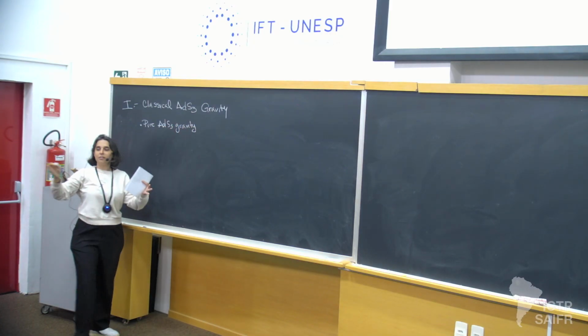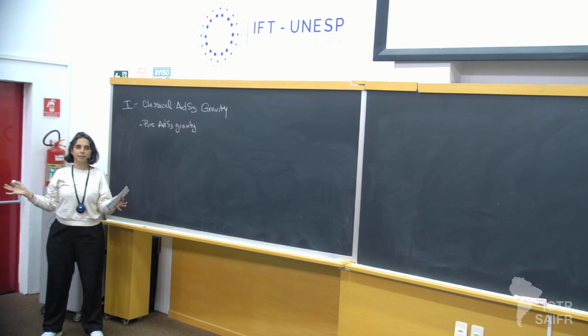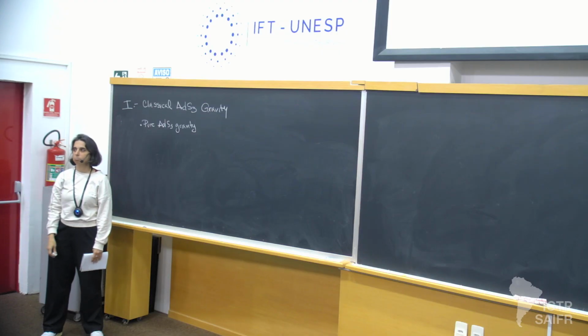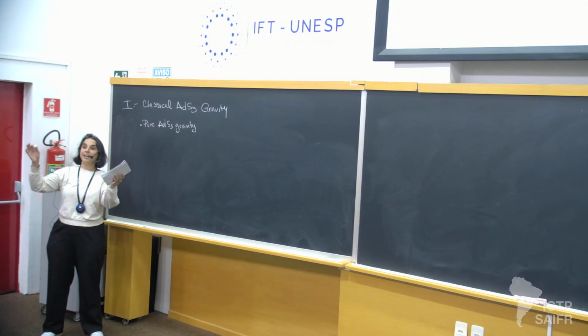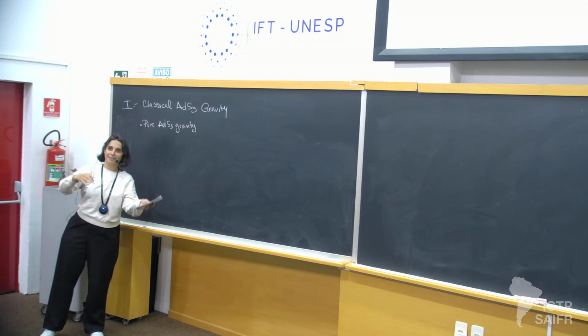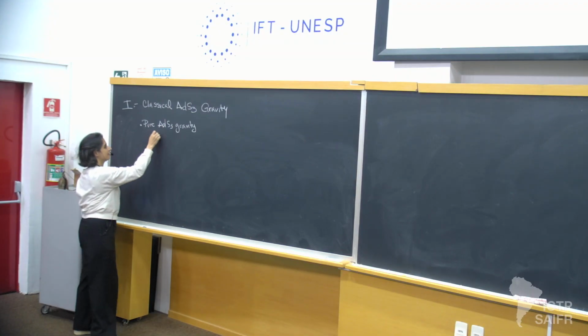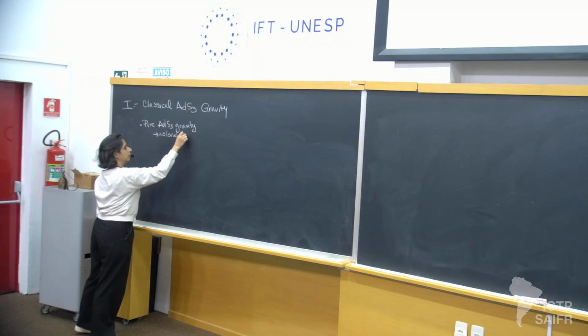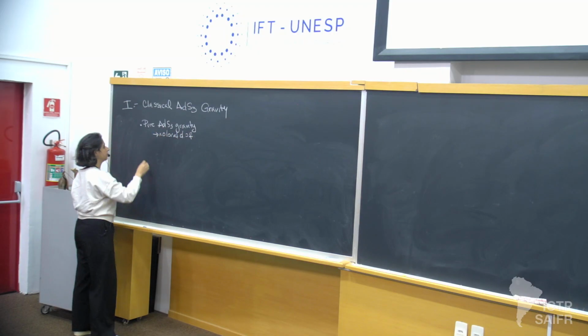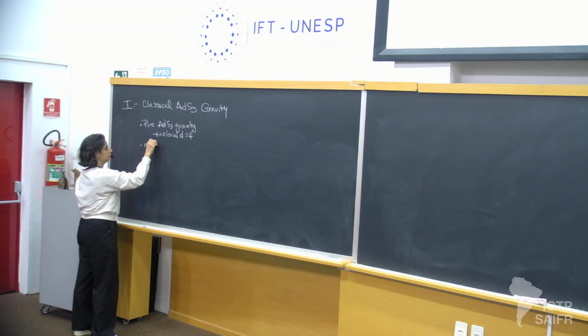And what was the main feature of this theory? Right, and that implied that there's no local degrees of freedom. So this is a theory with no local degrees of freedom. So no gravitational waves. Still, there's a non-trivial